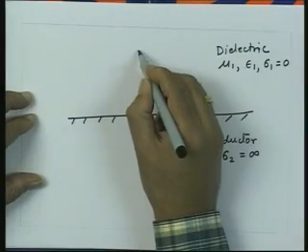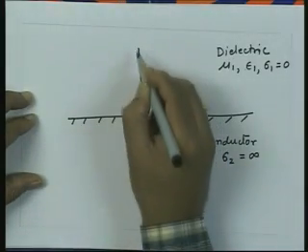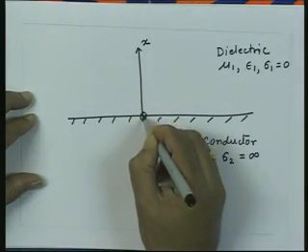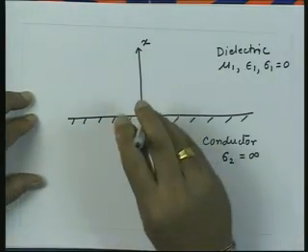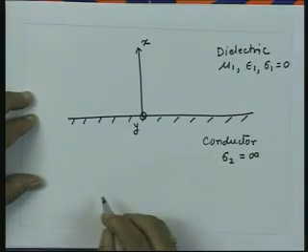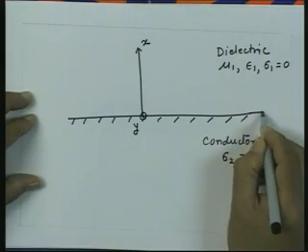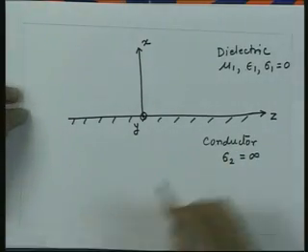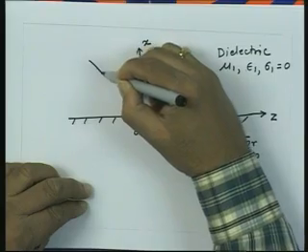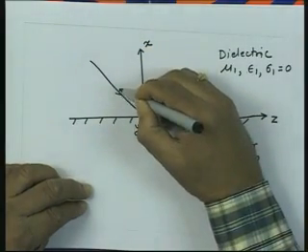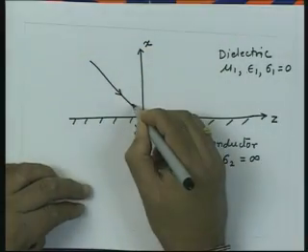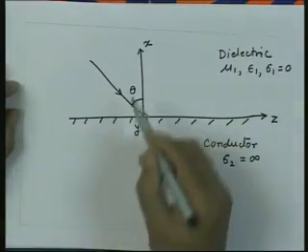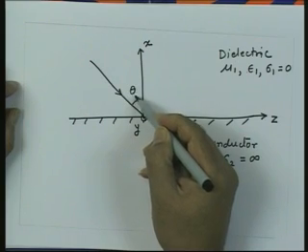Let us choose now the coordinate system. Let us say this is my x axis. The direction perpendicular to the plane of incidence and coming outwards is, let us say, the y axis, and the direction along the interface now is the z axis. So, the wave is incident on this at some angle. Let us say that angle is theta. I am not putting the suffix here because now we are dealing only with one angle, which is this angle.